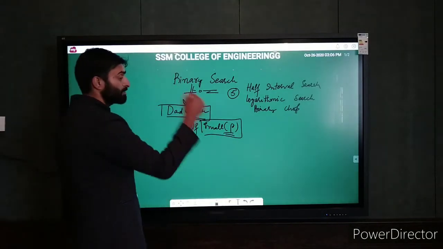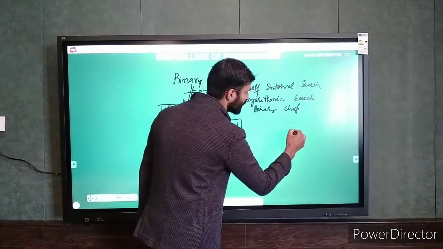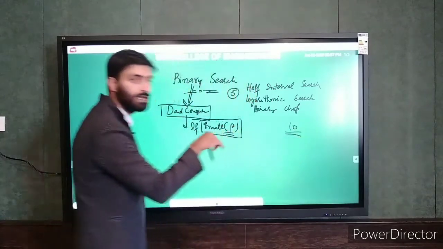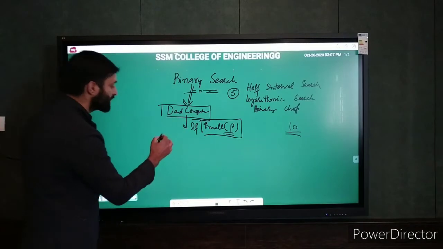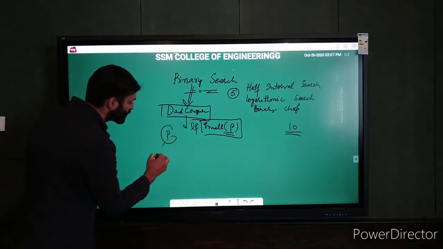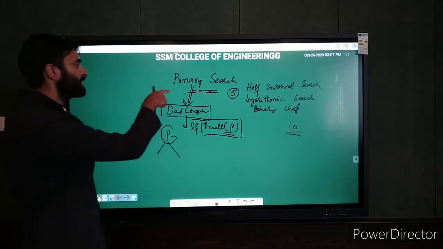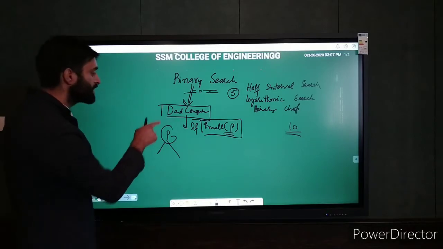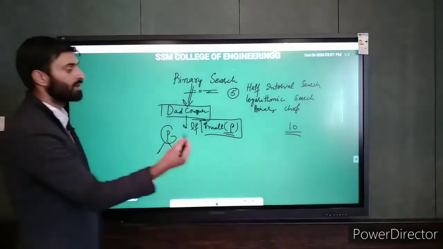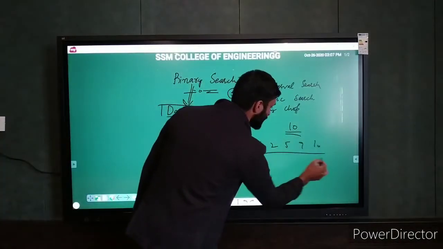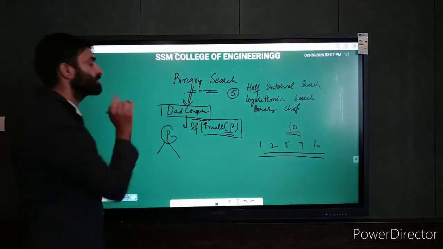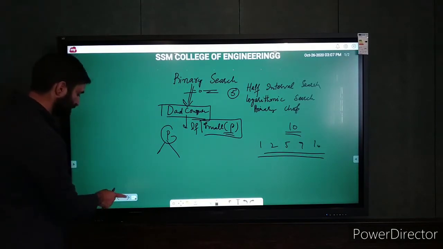By small of P we mean if we have a base case. By base case we mean here in binary search, if we are given only one element, and we have to check whether the element which is to be searched is this or not. Else we have to divide the large problem instance P into smaller subproblems. In binary search we have a bigger problem, a list of elements, and we have to find the element in this array using the divide and conquer strategy.